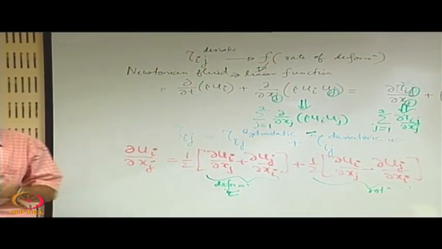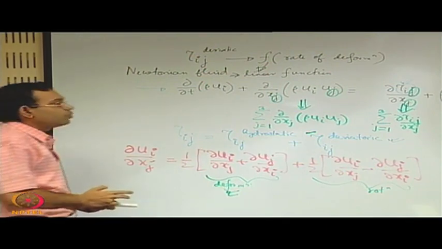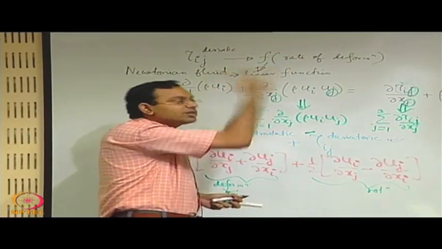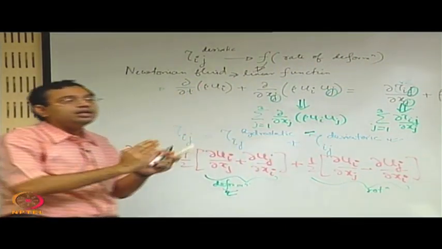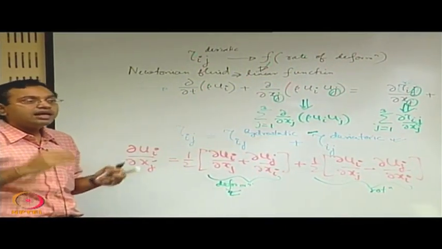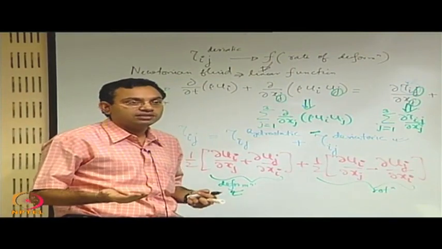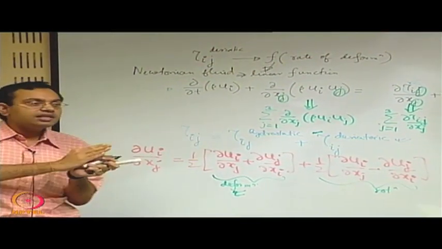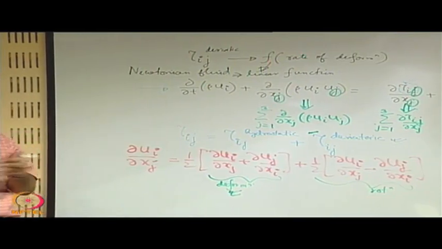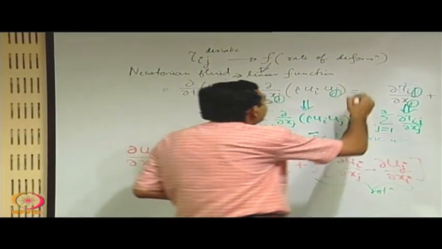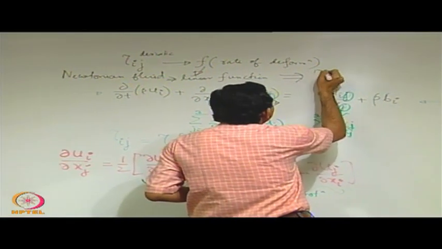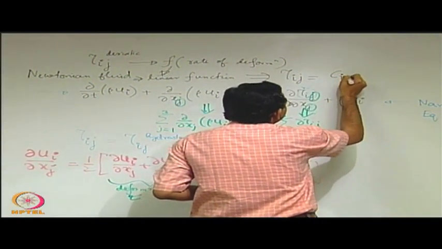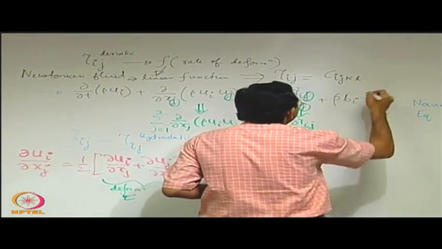That much of mathematical understanding we had. Now, we are in a situation where we have to map a second order tensor onto a second order tensor. So, there should be some intermediate transformation, and that transformation is a fourth order tensor. A fourth order tensor is something which maps a second order tensor onto another second order tensor. So, this linear function is written in this form: tau ij is equal to a fourth order tensor, say C ijkl, and